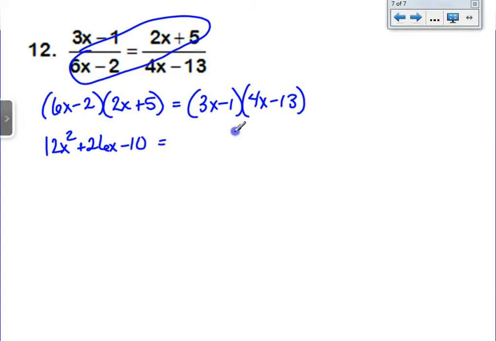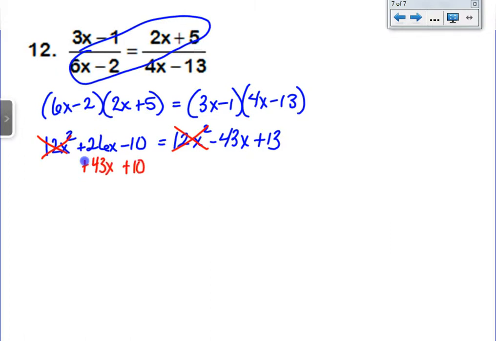I'm going a little fast, Mimi, slow down, you go ahead and pause this. 3 times 4 is 12x squared, that's interesting. Negative 39 minus 4 is a negative 43, I kind of lost track of that. And then plus 13. So this is kind of interesting. The 12x squareds are going to end up canceling, which is great news because that means we no longer have a quadratic. So if I were to add the 43 over here,